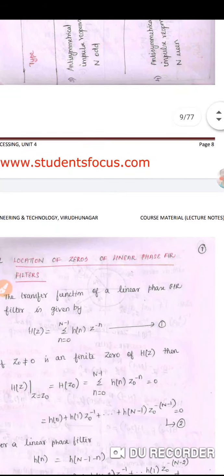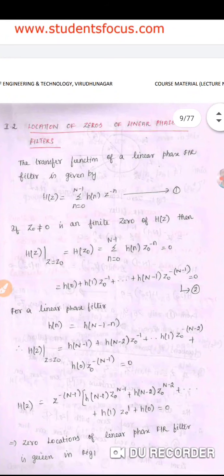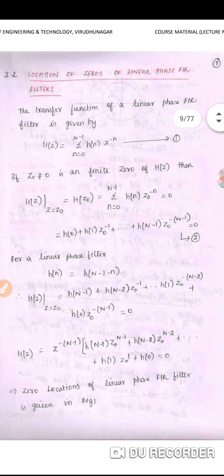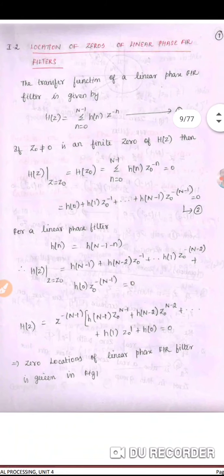Today we are going to discuss the location of zeros of linear phase FIR filters. So today we are going to locate the zeros. In FIR filters, we find only zeros because there is no denominator part. We have only the numerator part, so we have to locate the zeros on the z plane. We know the transfer function of linear phase FIR filters is given by